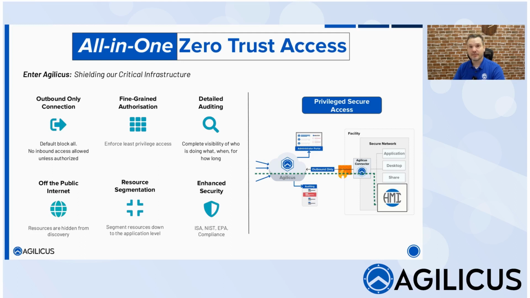I can segment all the resources. Like I mentioned, I don't want to expose network-based resources. I get to decide which device specifically is exposed to the user and not a network. And that gives me enhanced security, the ability to protect in the cloud any access to my infrastructure and implement role-based access control